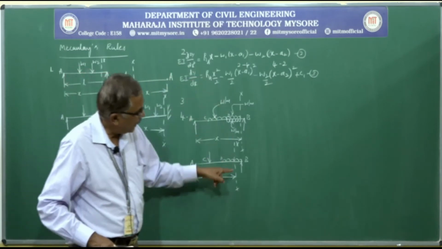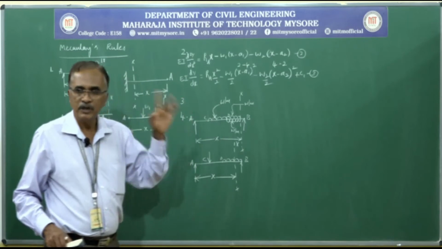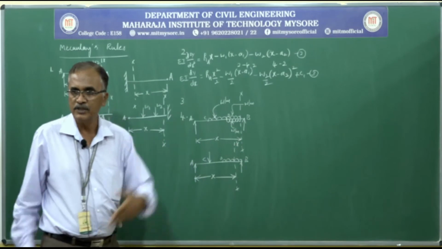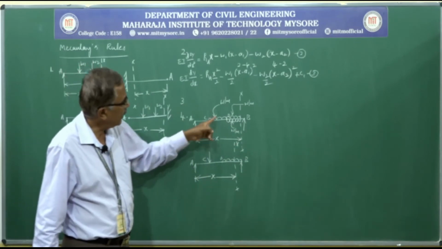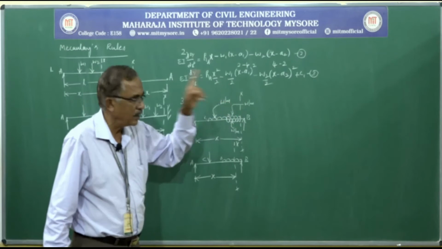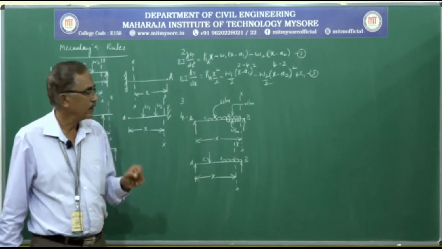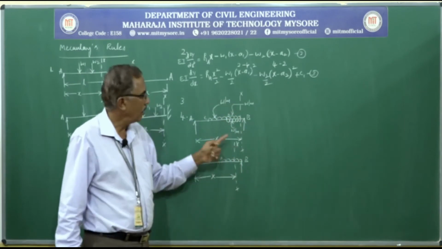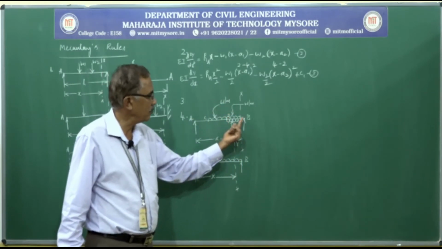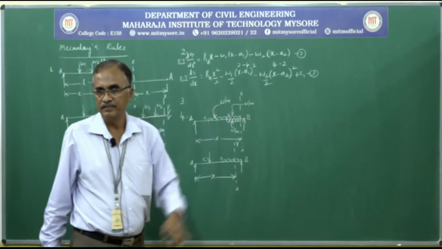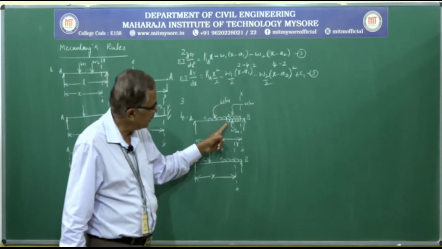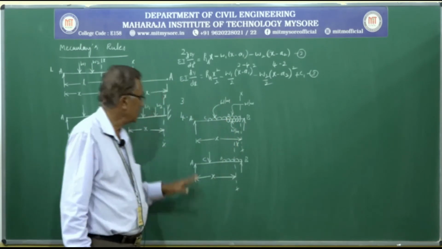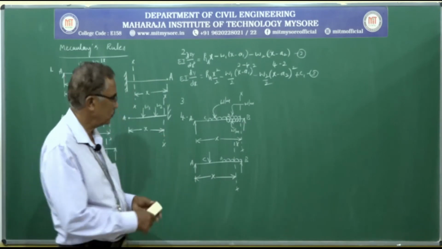So if the beam is subjected to UDL and it is acting up to the selected section, no problem, you proceed as it is. If UDL is acting on the beam and it is not acting up to the selected section, then extend UDL up to the selected section in the downward direction, and also extend UDL in the upward direction for the extended region. We have to apply UDL in the upward direction for the extended region of the same magnitude. This is the 4th rule.